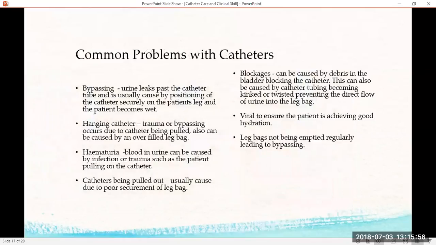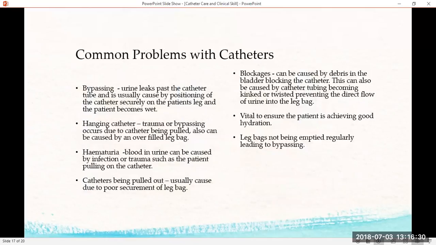So moving on to some common problems with catheters. So these are the things that tend to be the common themes when you're getting call-outs as district nurses. So bypassing, so this is when urine is leaking past the catheter tube. It's usually caused by positioning of the catheter, and what will happen is the patient will become wet. So normally if it's bypassing, it's important to check the position of the catheter, that it's not kinked or anything,